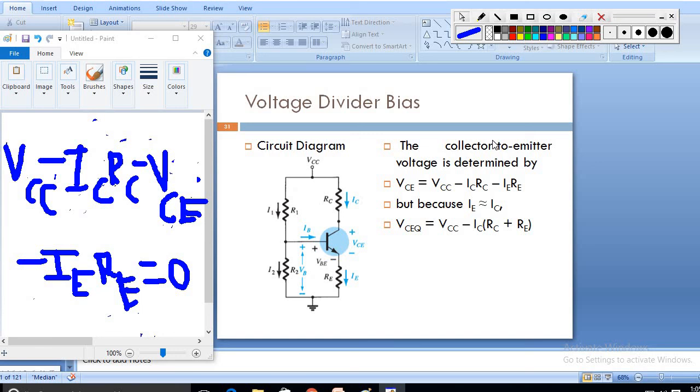By watching this video you should know that. Please go carefully through the video, step by step, so you understand how exactly we need to apply KVL and KCL, and what the difference between them is. Anyhow you are CS students, and a deep analysis of KVL and KCL is not required. Just for voltage divider bias and these three circuits, remember the basic simple circuits applying KVL and KCL. Go through these videos step by step and you will get to know how to apply KVL and KCL.